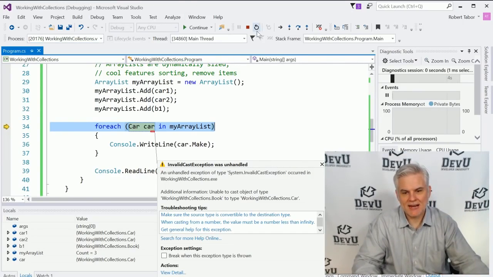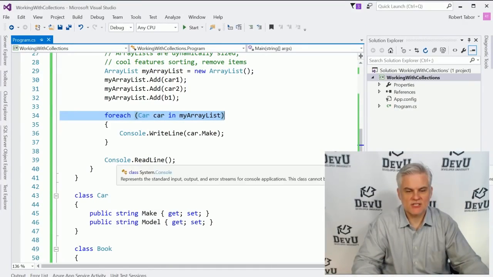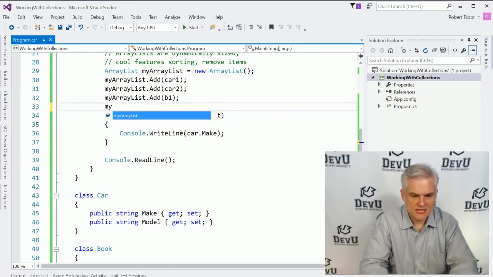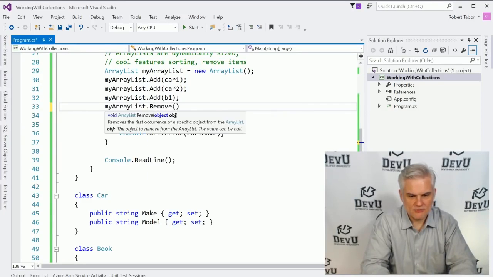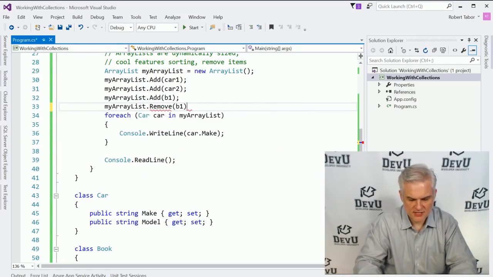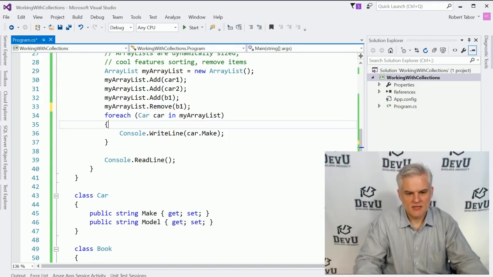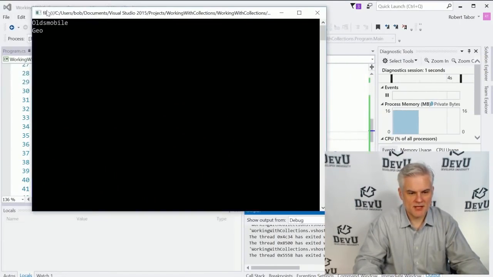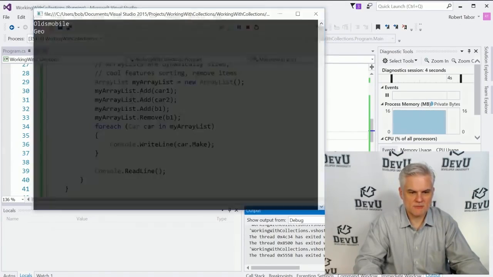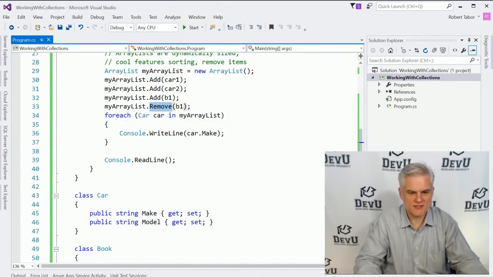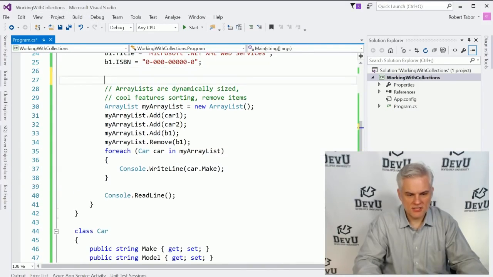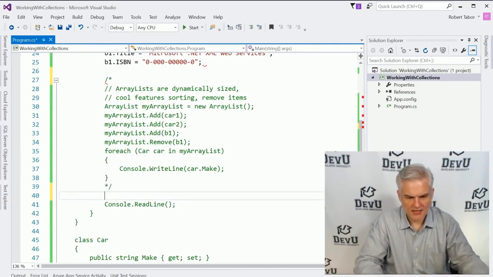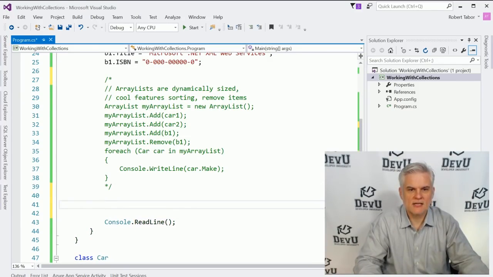So we cannot work with these collections in a strongly typed fashion. Now what I can do, and one of the neat features here, is that I can actually remove that item prior to going into that foreach loop, and we should just be able to execute the application without problem. All right, so that is at least one of the good benefits there. But unfortunately, the downsides outweigh the benefits, and so let's go ahead and take a look at the newer style